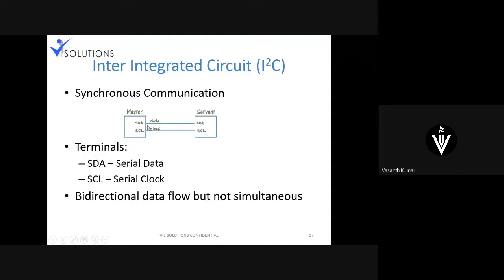So you can transmit and receive through the same wire. What it means is you are using the same wire to transmit and receive the data, which means that you can't do it simultaneously. It has to be done one after the other. Either you can transmit through that wire or you can receive through that wire. It means that it is half duplex. All right, your I2C is always half duplex because you have only one line to transmit and receive the data.